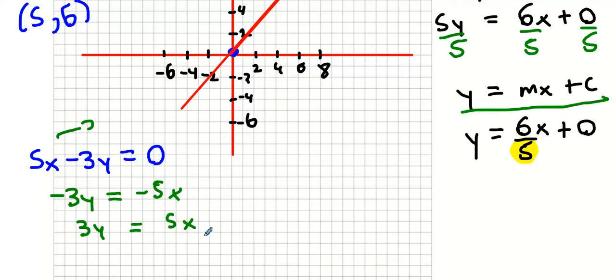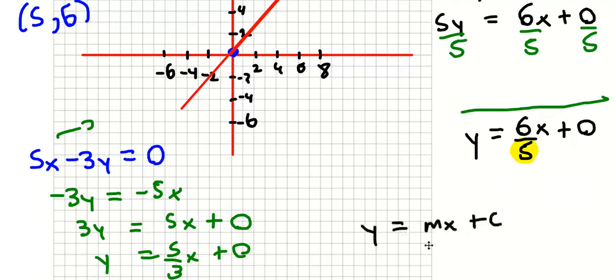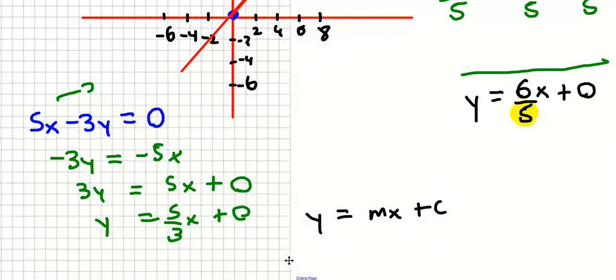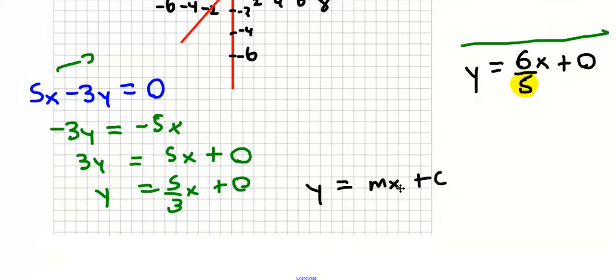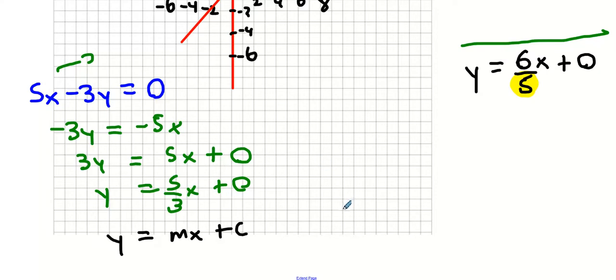Would you agree? What did we do last time to make our life easier? Because it doesn't look like y equals mx plus c anymore. So what did we put down last time? 0. Okay. Divide both sides by 3. What happens? 3y divided by 3. 5 over 3, yeah? 0 divided by 3. 0. Using the formula y equals mx plus c, which is this formula here, what do you think the c value is? And what is its value? The point 0, 0